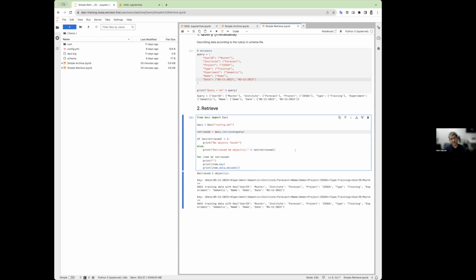So as I mentioned, if we set multiple values for a query key, then we would retrieve multiple data. So that means that what we return from retrieve is an iterator, and we need to loop over this object that is returned by the retrieve. And in this example, it's very simple. We retrieve the data from the DASI store, and then we loop over